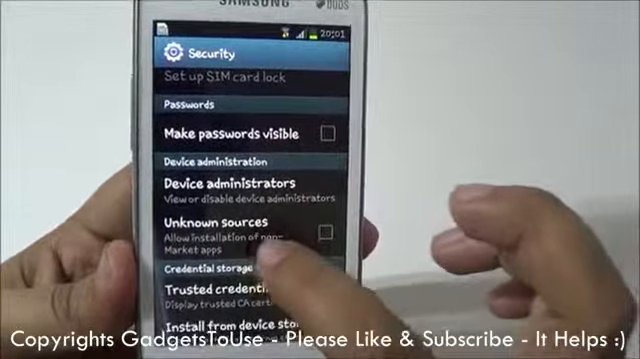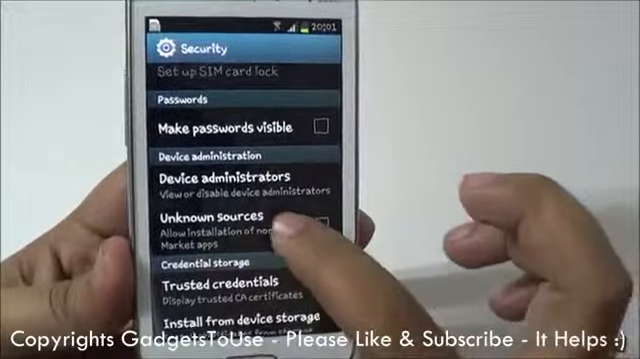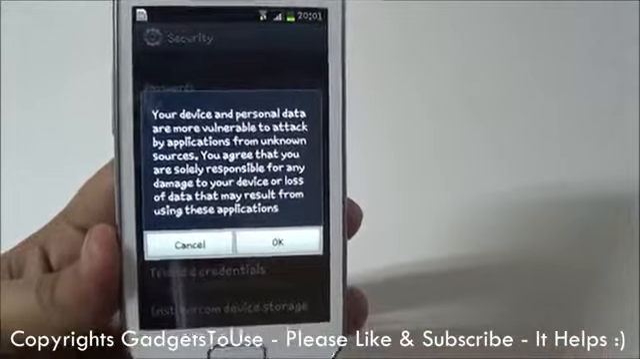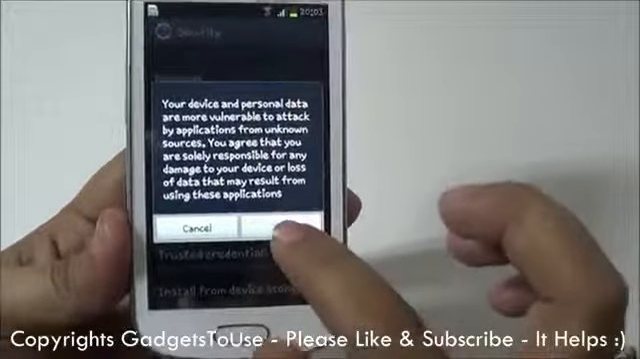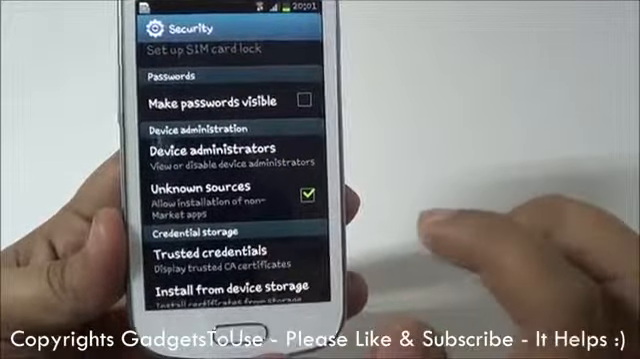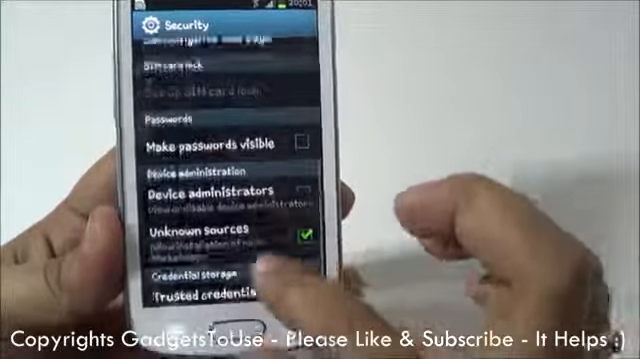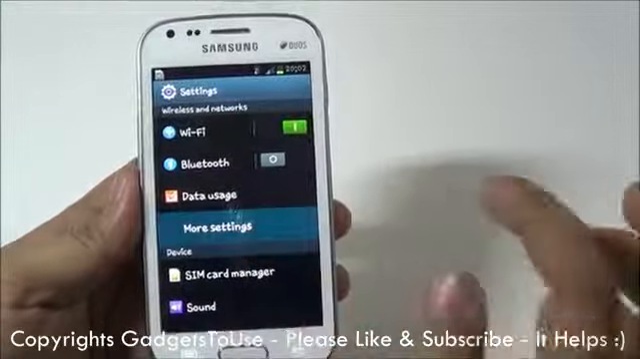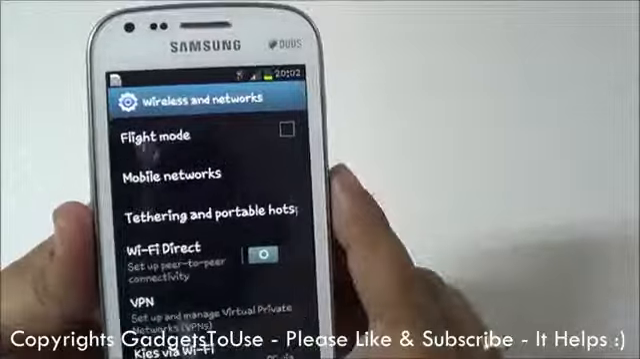Now under security, you have the unknown sources option, which you can check in case you want to install applications which are not from the Android market. You have to enable this option over here, and only then will you be able to install applications from the SD card. If we go into the more settings over here, we have the option that we can